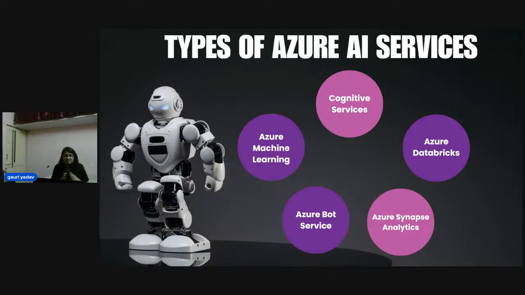These services are a collection that empowers your AI endeavors. Let's break down some of the key categories. So what is Cognitive Services? These services provide pre-built blocks of AI functionality that you can easily integrate into your application. For instance, you can leverage services like image and speech recognition, language translation, and even decision making tools to enhance your application. For example,